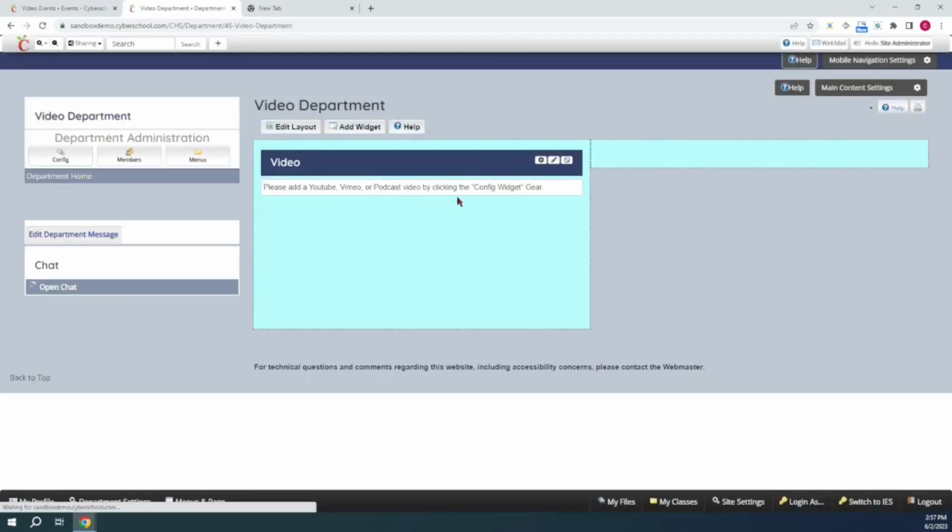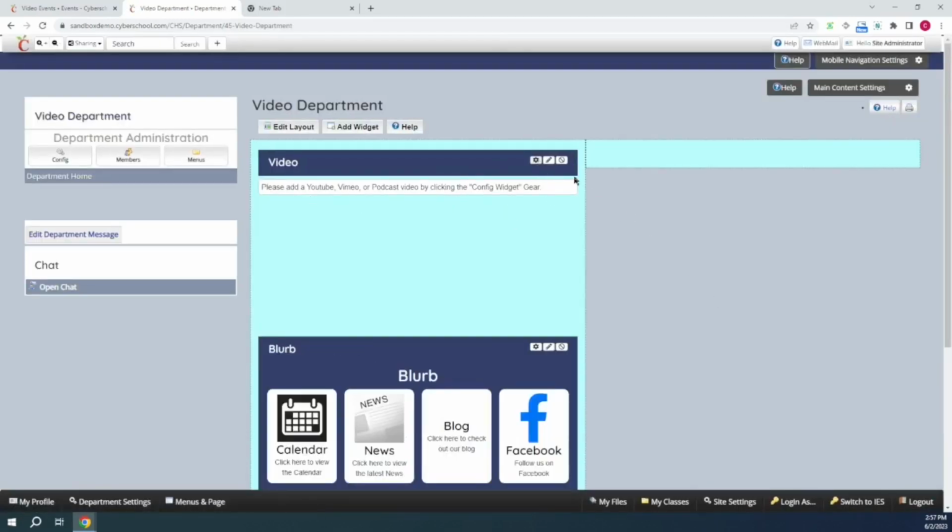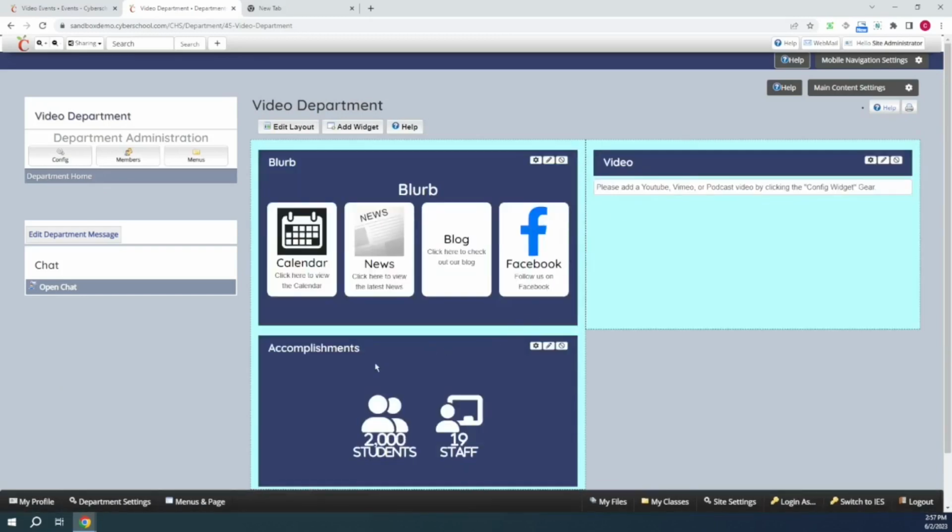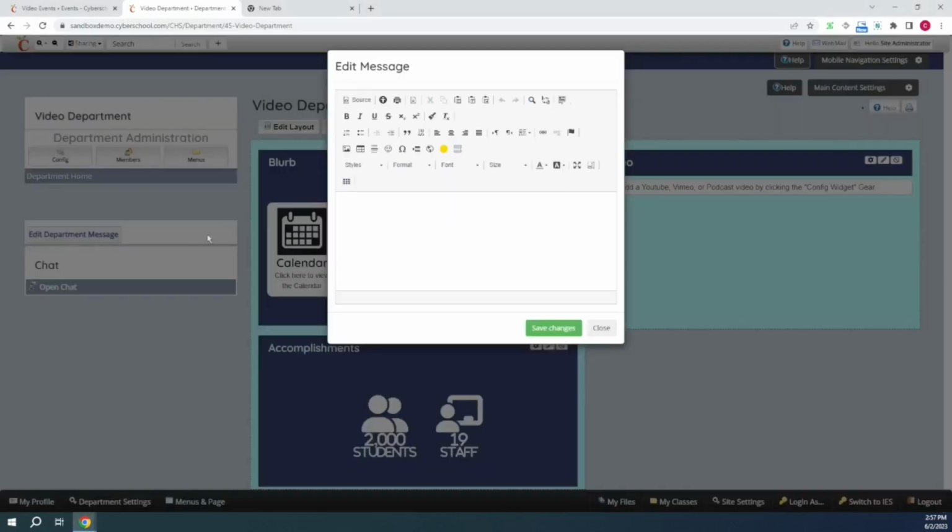There we go. And so now we have a pre-populated portal area and our fresh department. So we have a couple areas here that we can edit. And those places, I'm going to go ahead and start here with the left box. So the department message, you can have over here,